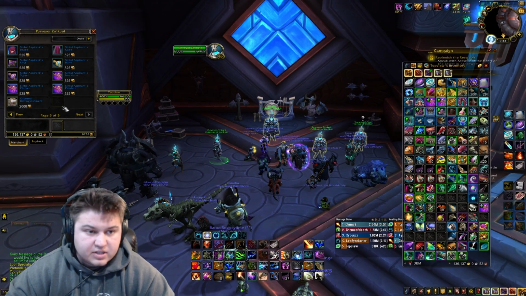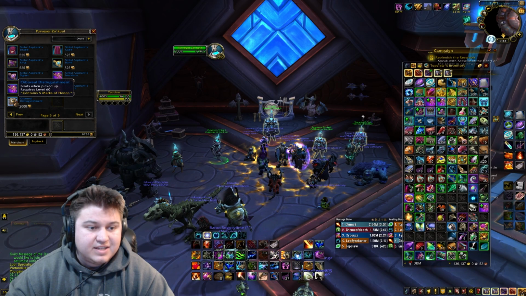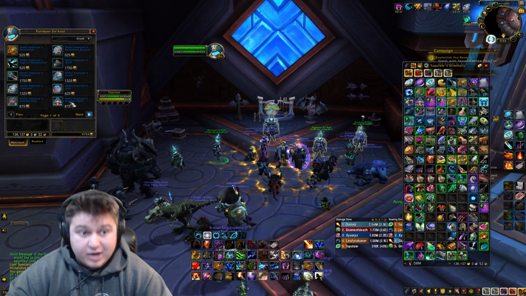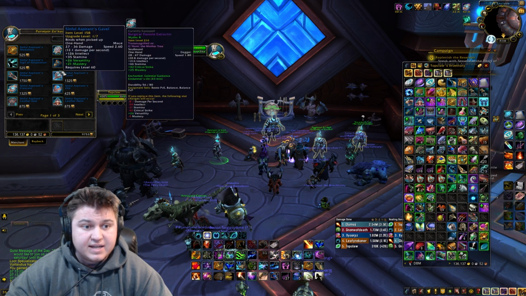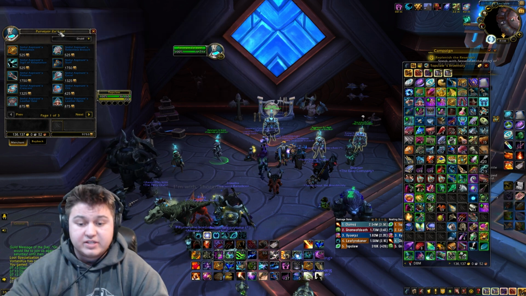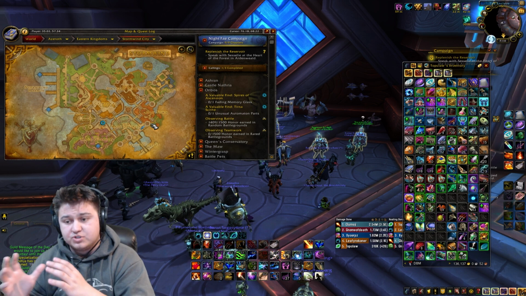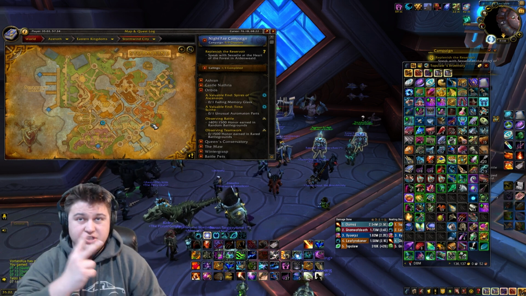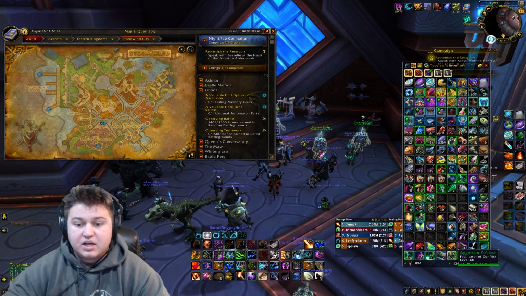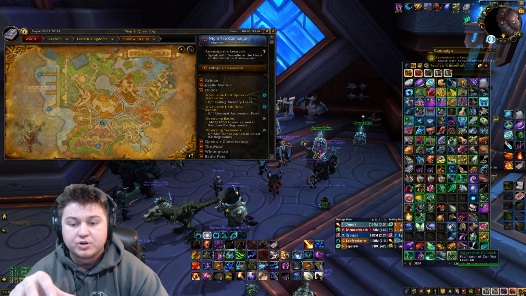Here is another thing that is awesome. So, this Arboreal Distinguishment contains 5 marks of honor. It used to be that didn't exist, and what I was doing to dump honor was buying pieces, fully upgrading them, and just vending them, because I don't know what else to do with it. Right here in Old Town, the PvP vendors sell old school gear for marks of honor. There's, I think, 2 sets from the previous expansion that still cost regular honor points. Additionally, there's other things you can buy with marks of honor, but marks of honor are way more useful than